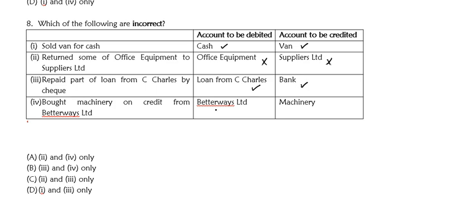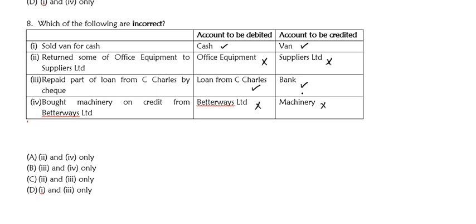Bought machinery on credit from Better Ways Limited. So you increase in an asset, which is machinery. Account to be debited, Better Ways Limited? No. Account to be credited, machinery? No. Of course, it should be the other way around. You should be debiting the machinery account and then credit Better Ways Limited, because this is a purchase of machinery on credit. So our asset, which is machinery, increases. The liability, which is the payable, Better Ways